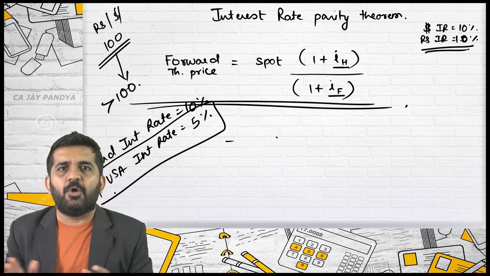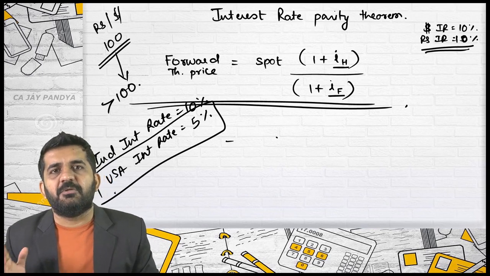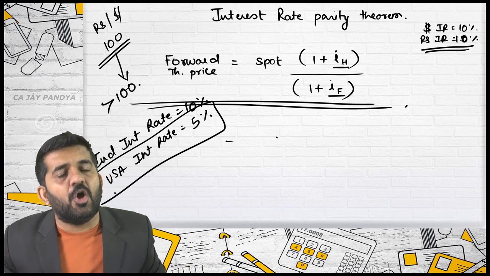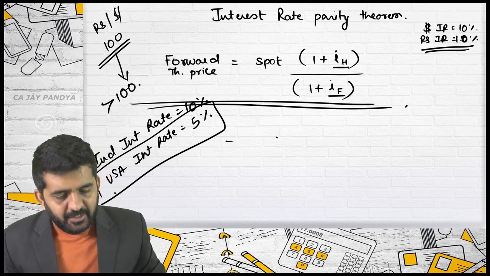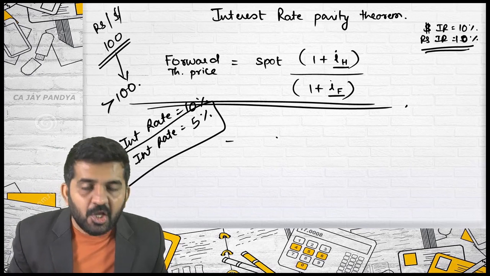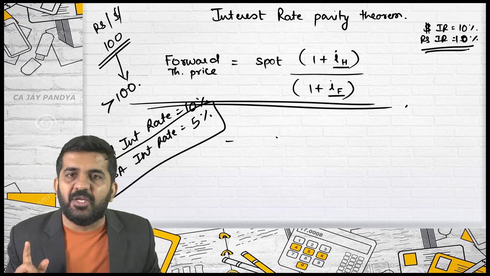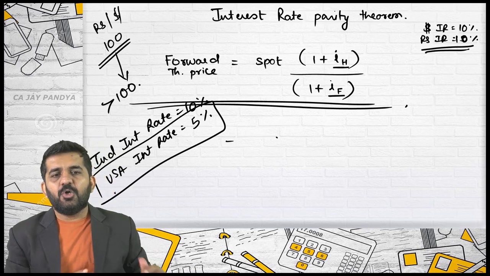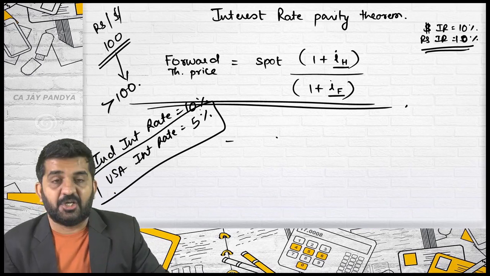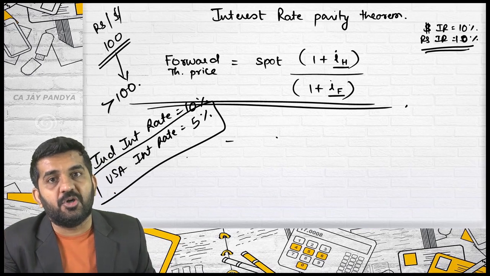Say in USA, right now interest rates are between 3 to 4%. In India, the interest rate is between 7 to 10%. If you see the forward rate of dollar, it will always be higher. The dollar will be at a premium because the interest rate in their country is lower. When we go to the purchasing power parity theorem, believe me, it will be absolutely clear, because when I say interest rate, it is confusing, but when I say inflation rate, suppose this were the inflation rate, in India it is 10%, in USA it is 5%, then the dollar should become stronger in forward.